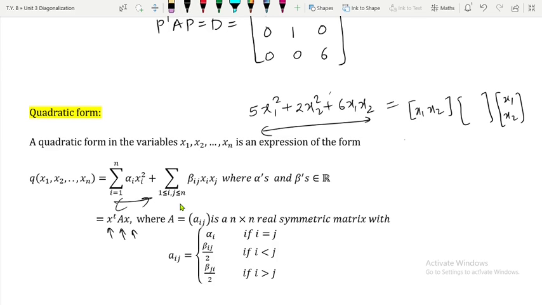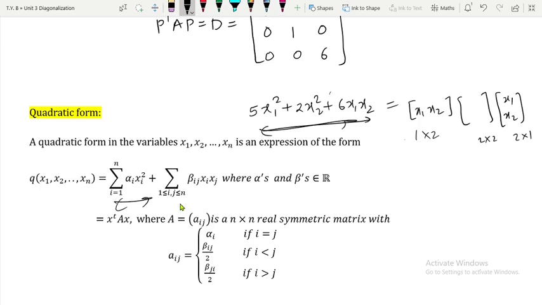So that is what I have done. So this is my x actually, and this is my x transpose, as you can see. Now the order of this matrix is 1 by 2, it is 2 by 2, and it is 2 by 1. So ultimately you are going to get one element only, and that is this element on the left hand side after taking the product. So how to write down this matrix?